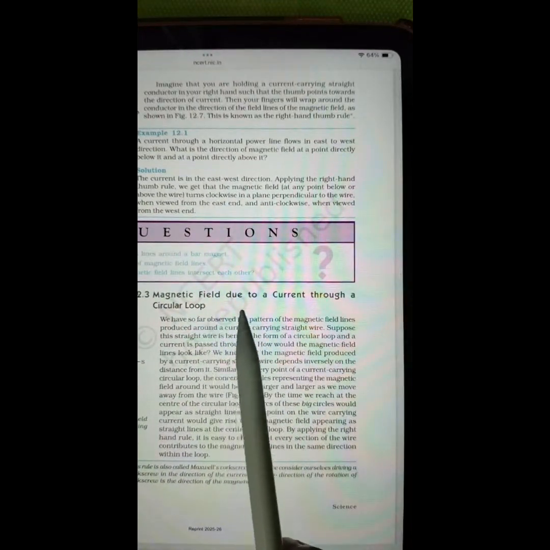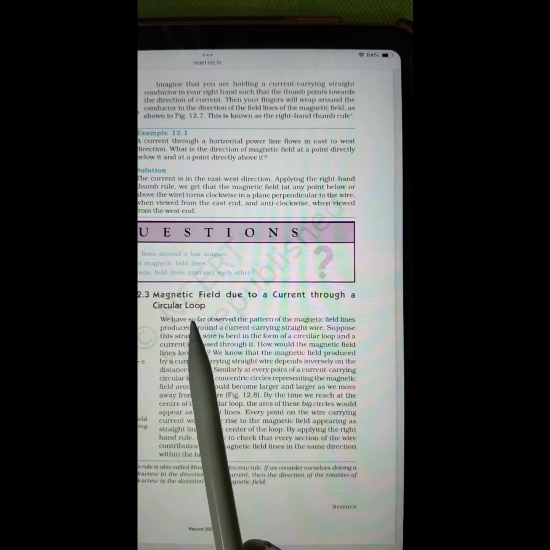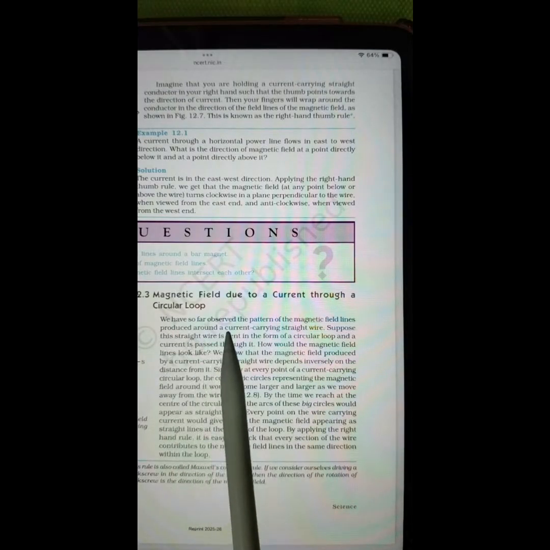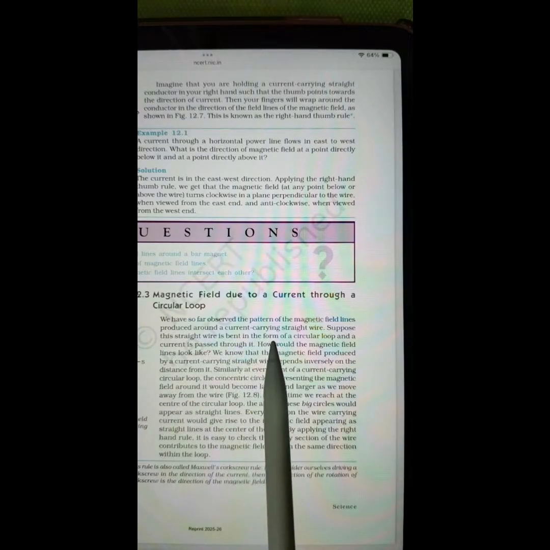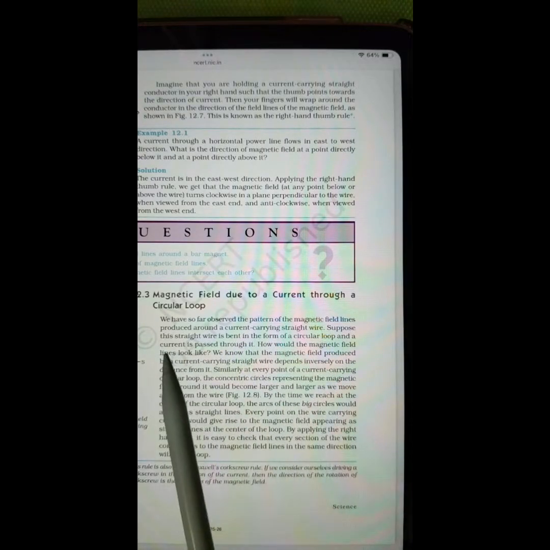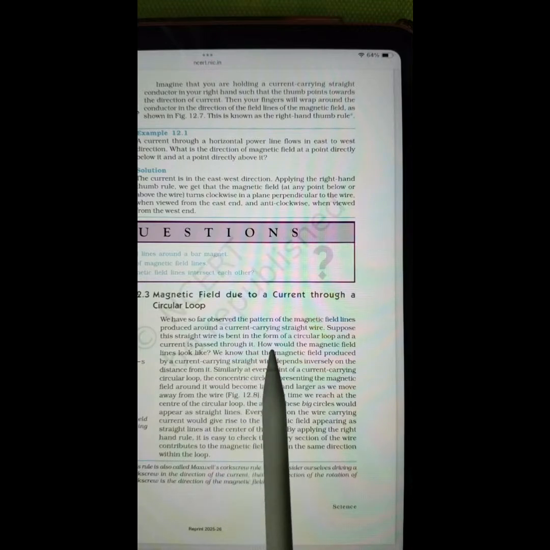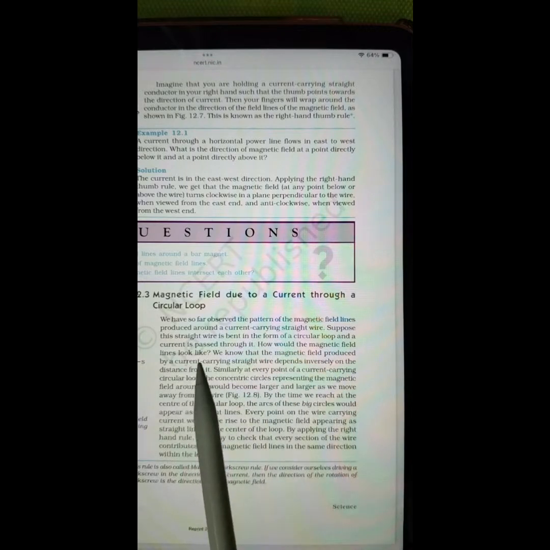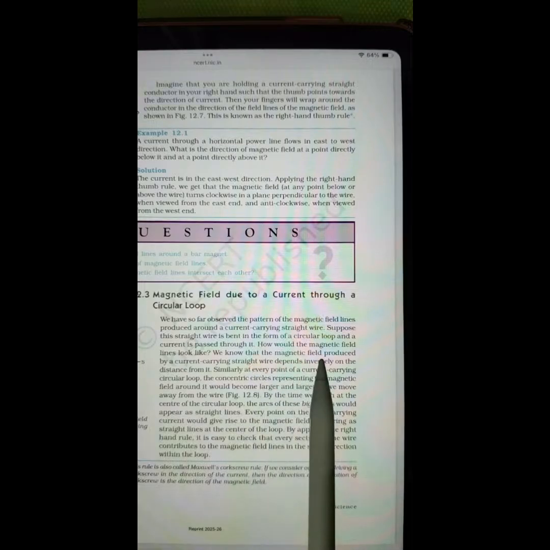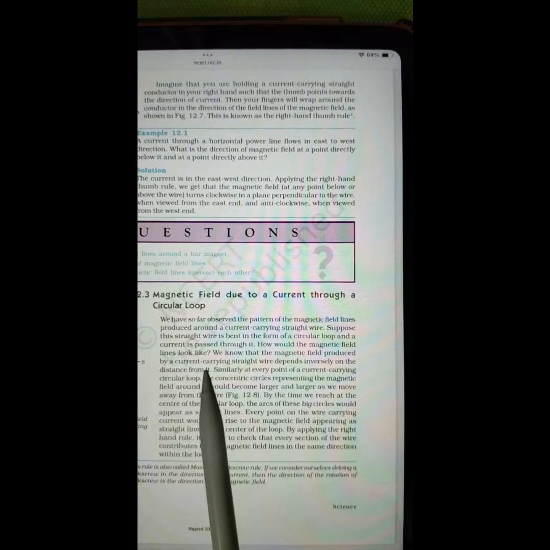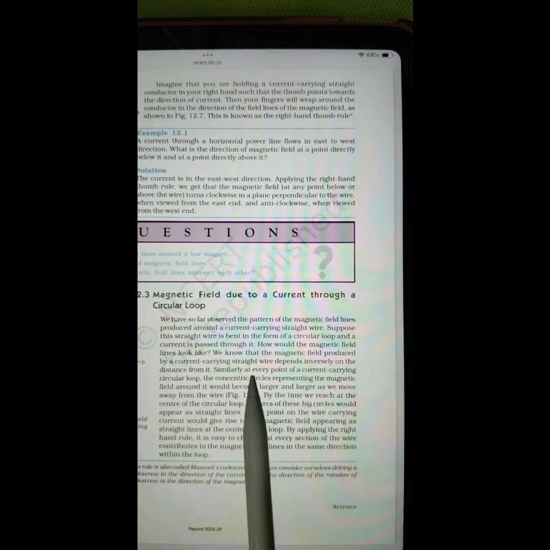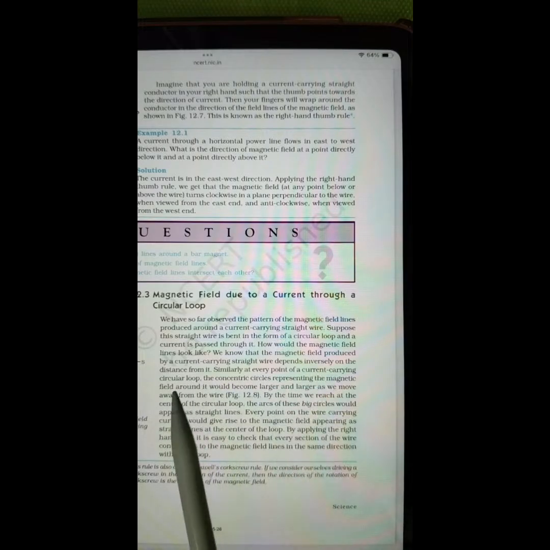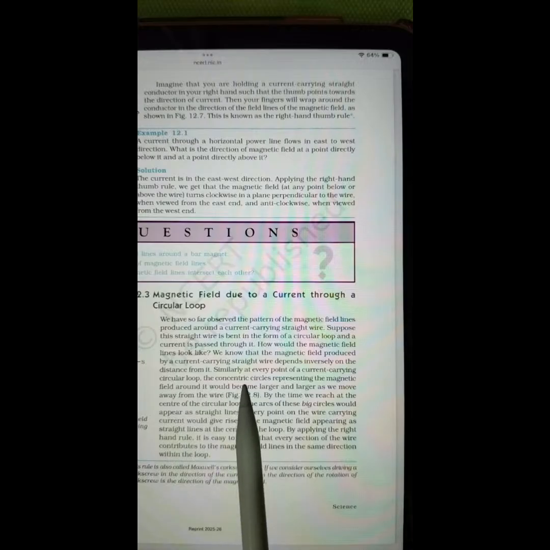12.2.3 Magnetic field due to a current through a circular loop. We have so far observed the pattern of the magnetic field lines produced around a current carrying straight wire. Suppose this straight wire is bent in the form of a circular loop and a current is passed through it. How would the magnetic field lines look like? We know that the magnetic field produced by a current carrying straight wire depends inversely on the distance from it. Similarly, at